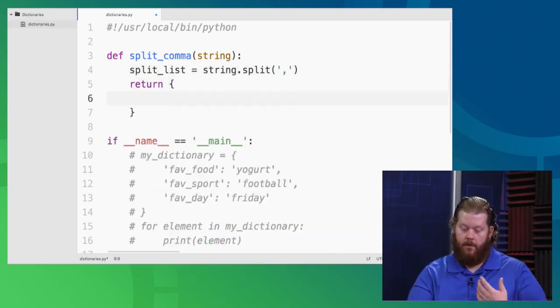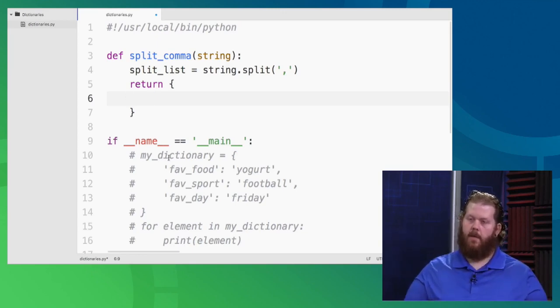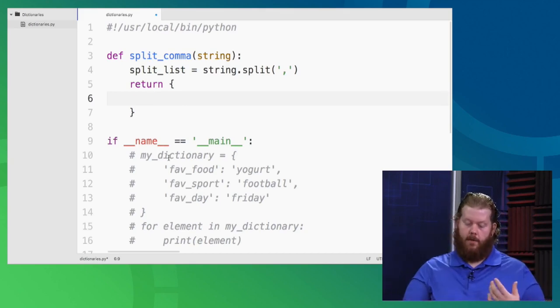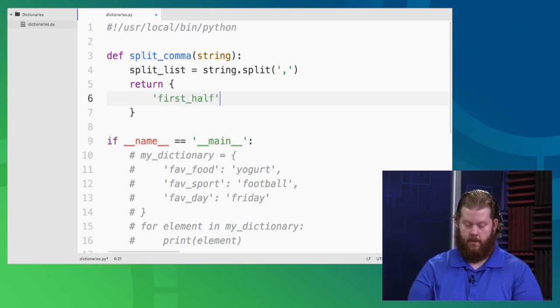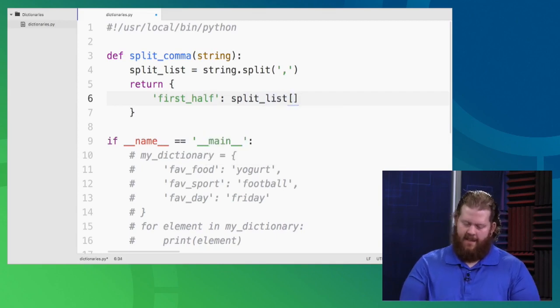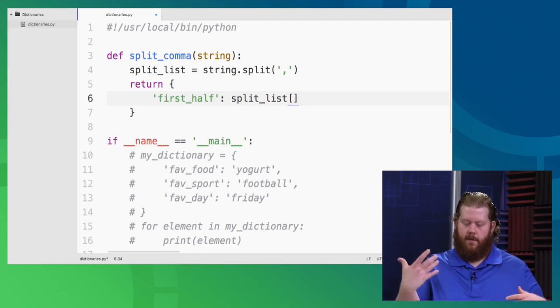And you saw that I had this already made. How would I make this dictionary without saying create an empty one, add a new key? I can actually say curly brace in curly brace and say, okay, the first half is going to be split list, and since I know there's going to be one comma, I have a 0 element and a first element.